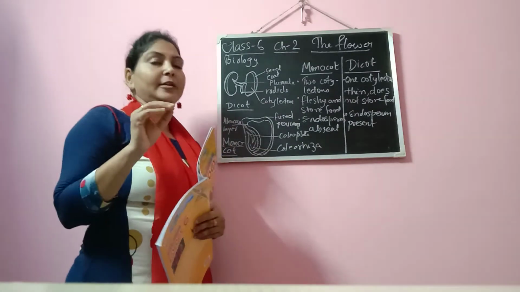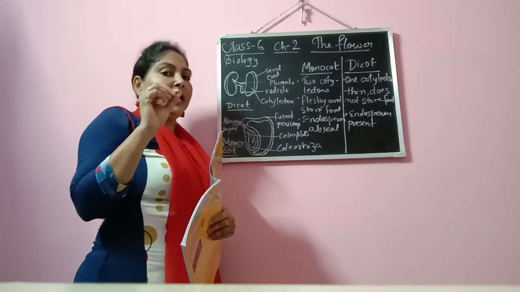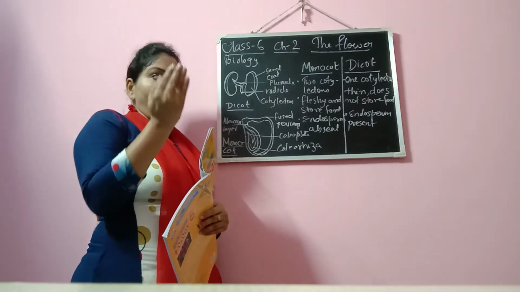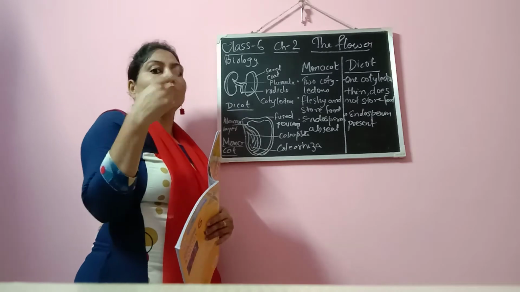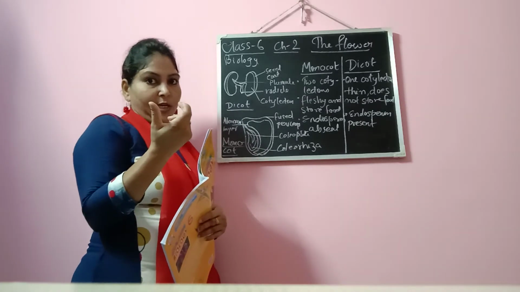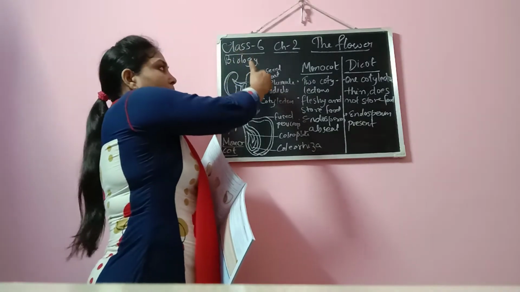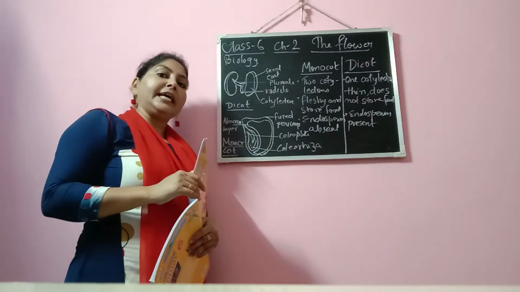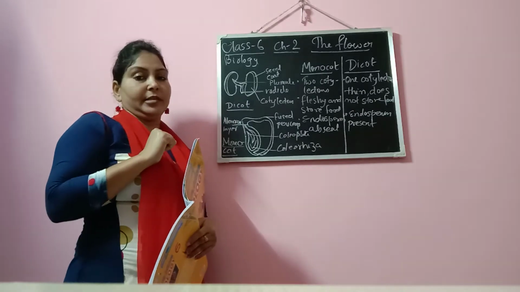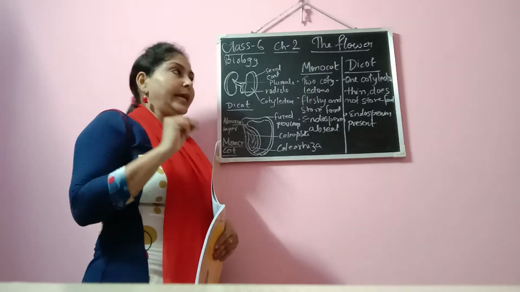When you soak the bean seed and open it, you will find that the bean seed can be opened into two flaps, two leaves. Okay. Then the outer part is the seed coat. Now this seed coat again has two layers. The seed coat is made up of two layers.